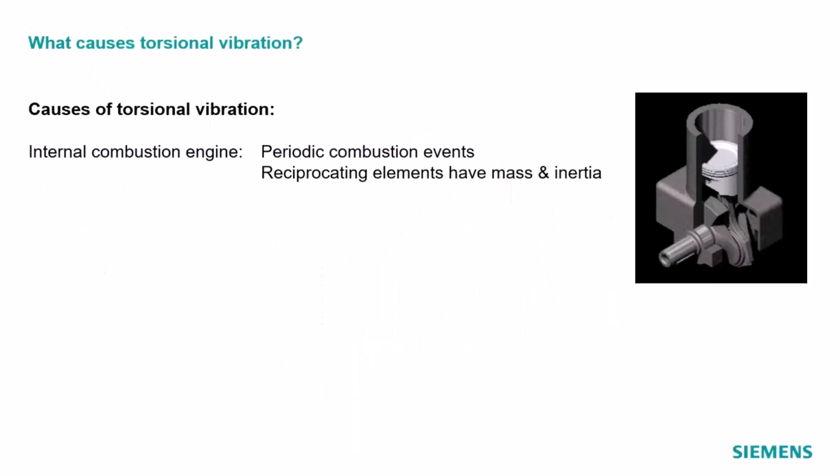If you look at any kind of rotating system, for example, we have this combustion engine here with a piston moving up and down inside a cylinder. That piston has to come down, then change directions and go back up. And an object that's in motion one way wants to keep going in motion, so it has to overcome the inertial forces to go back up again. So the speed of that piston, if you were to measure it inside that cylinder, is not constant. It speeds up and slows down as it has to do that reversal.